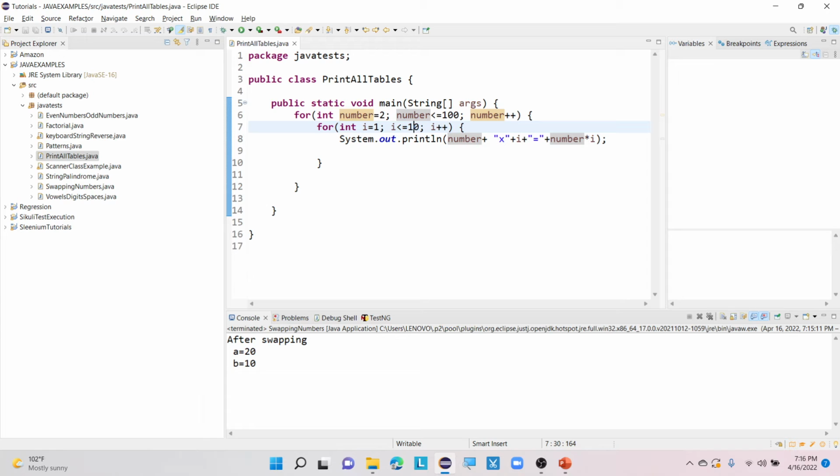Okay, 1 is less than or equals to 10. Condition is true. Now what is our number value here? 2. Okay, our number value is here 2. So now what is our i value here? 1. Now 2 into 1, what is our value? 2. So this i value will become 2 because 1 plus 1 is 2. So again my number is here 2. 2 into 2 is 4. So again it will iterate until this condition is going to be false, means 10